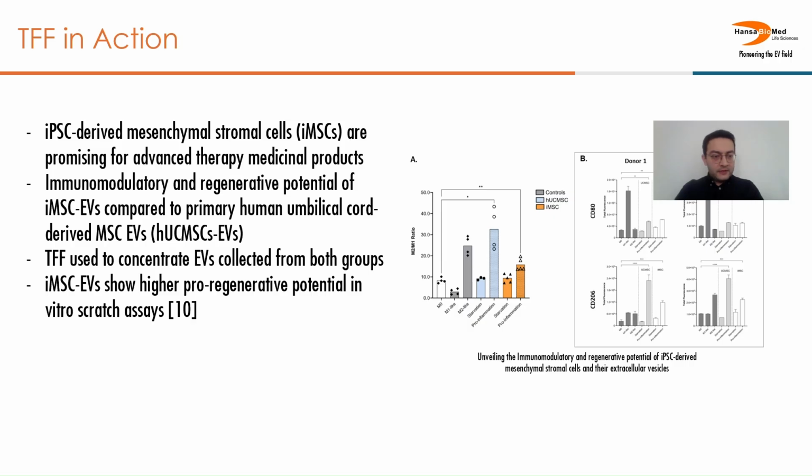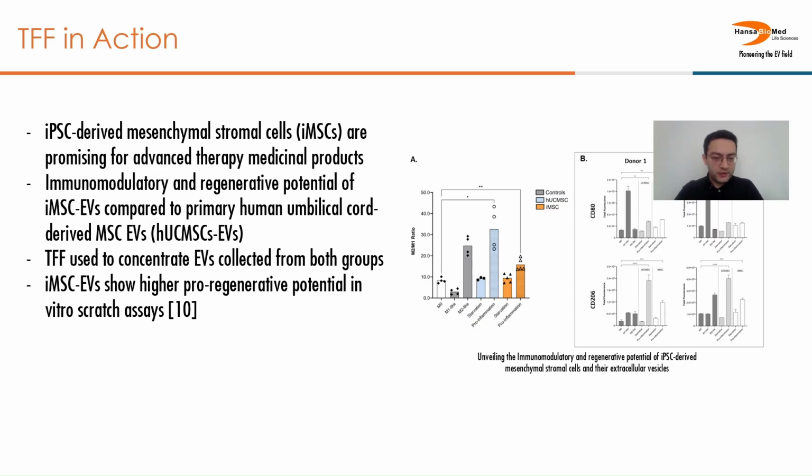The first example focuses on induced pluripotent stem cell-derived mesenchymal stem cell in comparison with primary human umbilical cord stem cell derived EVs, claiming that induced pluripotent stem cells have higher immunomodulatory and regenerative potential. And in order to prove their claim, they isolate their EVs. Then they use TFF with 5 nanometer pore size, named TFF Easy in Hansa Biomed catalog, to concentrate these EVs